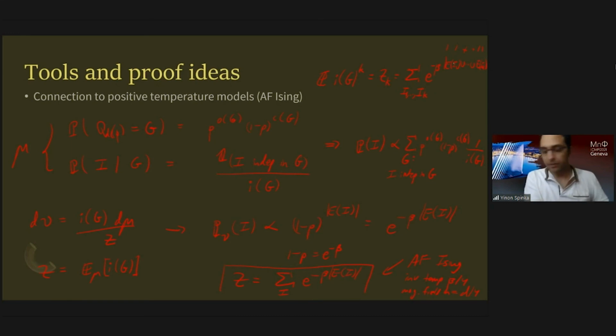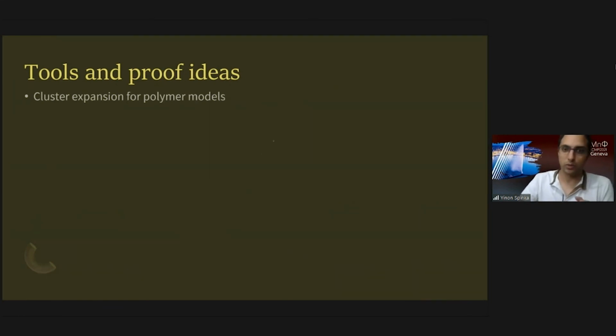Okay, so I'm out of time, so maybe I'll just mention for the polymer model what one does. One sees that one's trying to aim at a situation where most of one of the sides is occupied and the other side is very dilute, and one wants to view these dilute deviations on the right-hand side as polymers with a weight, which gives you the deviation from this basic ground state, where the ground state is where everything is only occupied on the left-hand side and nothing is occupied on the right-hand side, and you obtain a polymer model